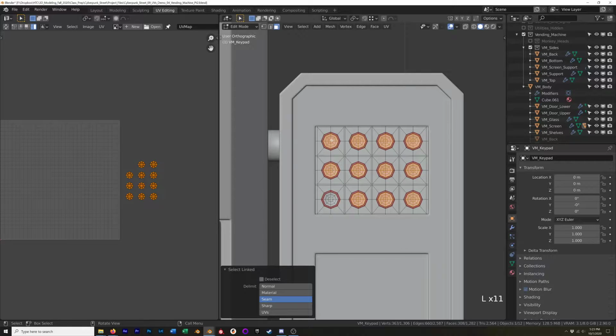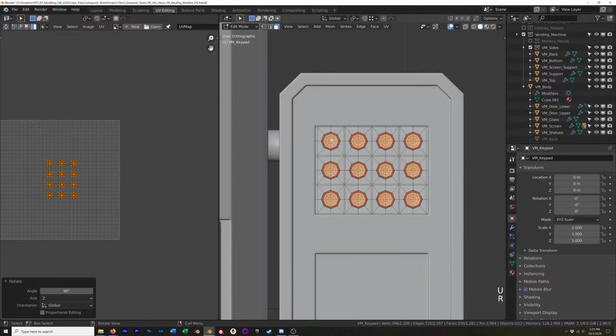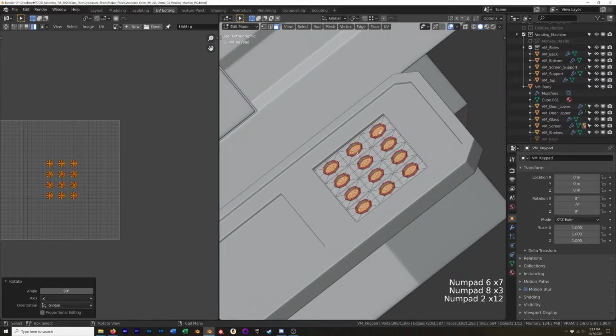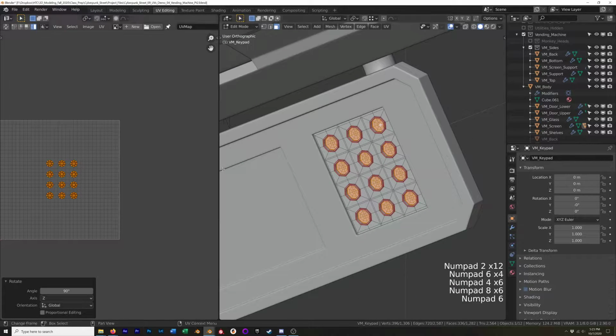just unwrap it normally and then rotate it. So if we unwrap with project from view, then we just have to rotate it in the UV editor 90 degrees. Or you can rotate your viewport. And in this case, on the number pad, 4 and 6 will rotate. Yeah, but it gets a little bit tricky with certain angles, so it's probably best to just